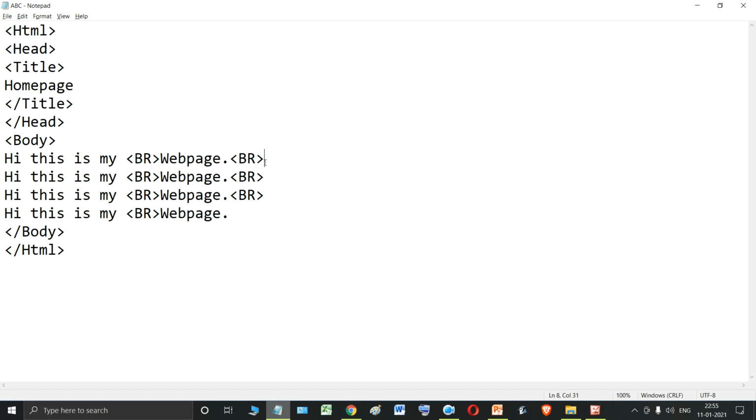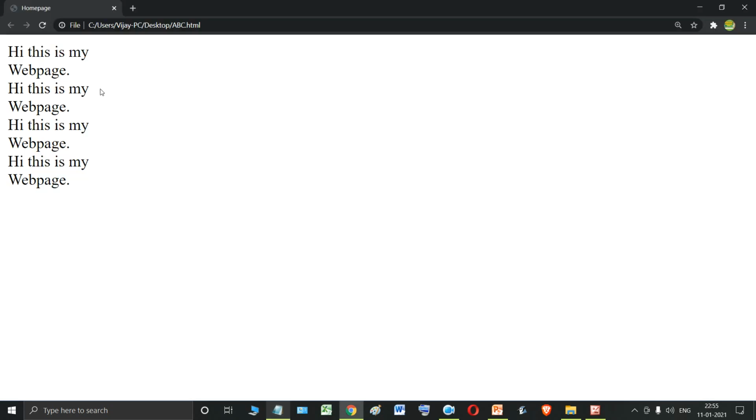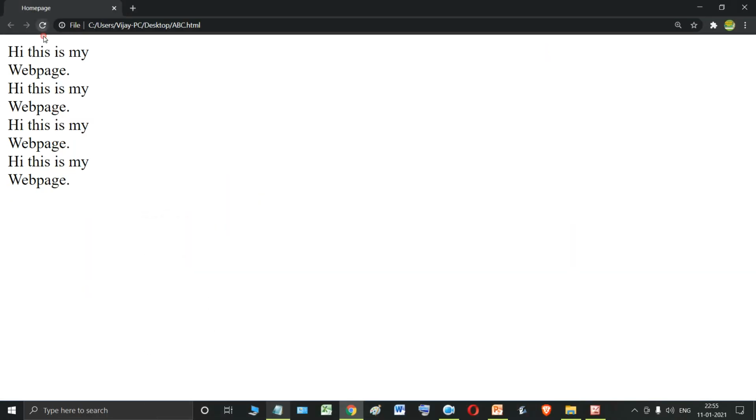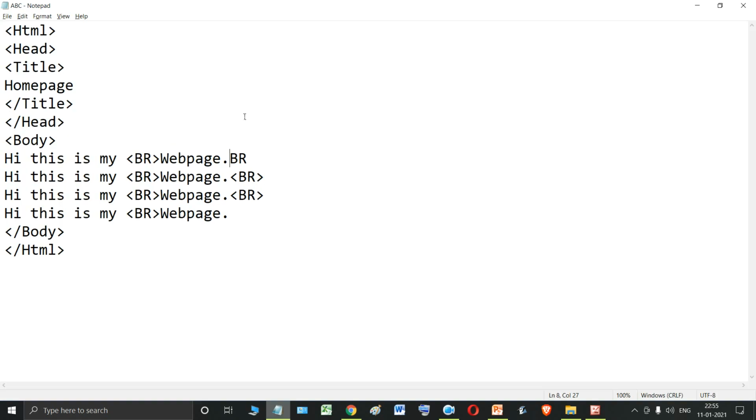Now see, this is a tag. You will say, sir, why is BR not appearing over here? Because BR is a tag. It's not simple text. This hi is simple text, but this BR is a tag. That's why tags are not appearing in the final output. Tags won't appear. But if you don't follow the proper syntax, if you don't write within the angle brackets, then the BR is also going to appear. So you have to follow the rules of the language. What is the rule of the language? That tags are always written inside the angle brackets. Okay, students,